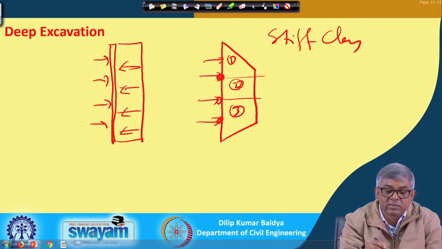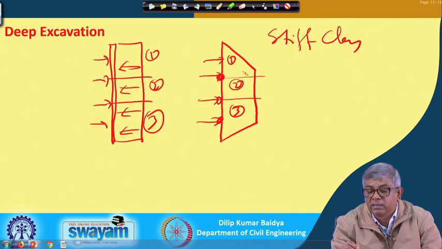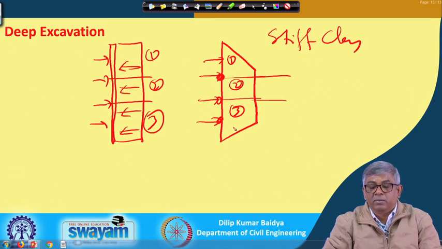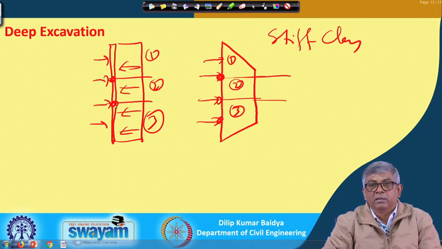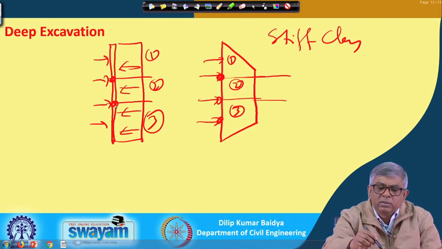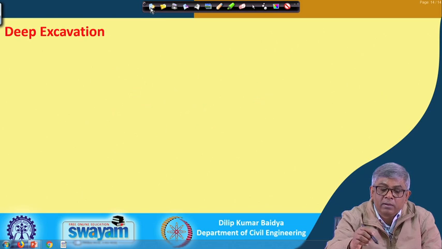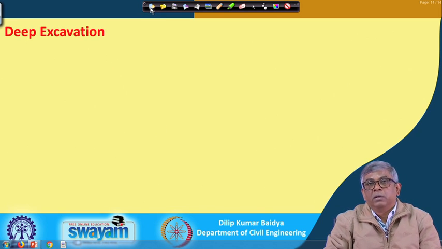This is the simplest case. We can divide it into one part, second part, and this is part 1, 2, 3, everywhere the same, and like that one can find out the loading. At this point we can consider the hinge, then we can find out the loading in the struts. Okay. So, with this we are almost at the end of foundation engineering for all types of static loading.